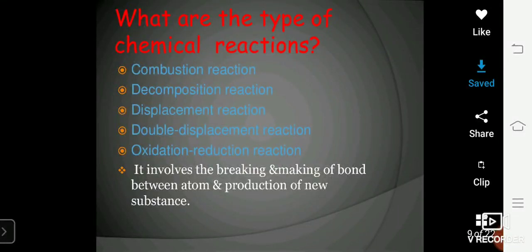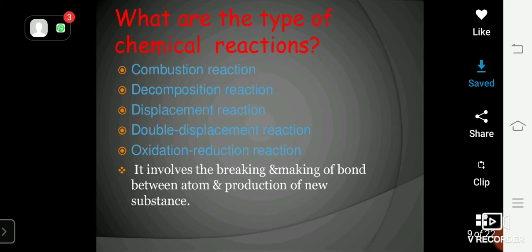Hello, students. So, today we are going to start with the second part of the second lesson of chemistry, that is chemical equation and reaction. And today, basically, we are going to complete the different types of chemical reaction. As we know, there are in total basic five types of chemical reaction. First one is combustion reaction, second one is decomposition reaction, third one is displacement reaction, fourth, double displacement reaction, and the last one, known as redox reaction or oxidation reduction reaction.